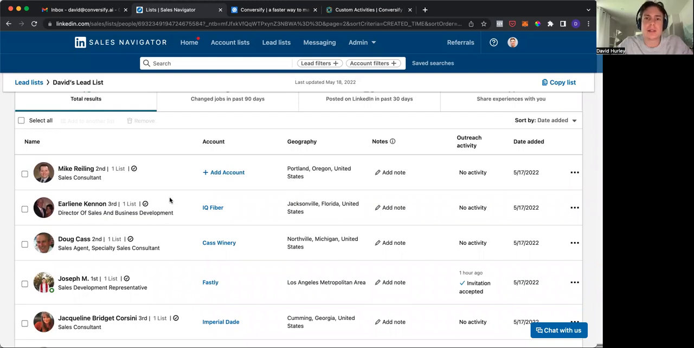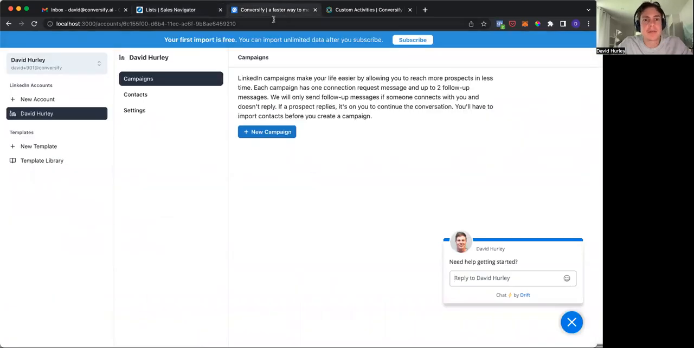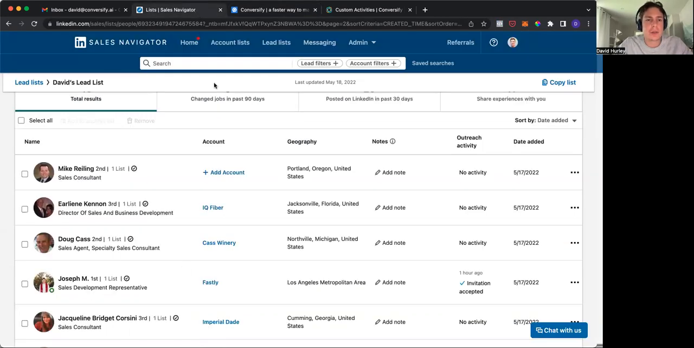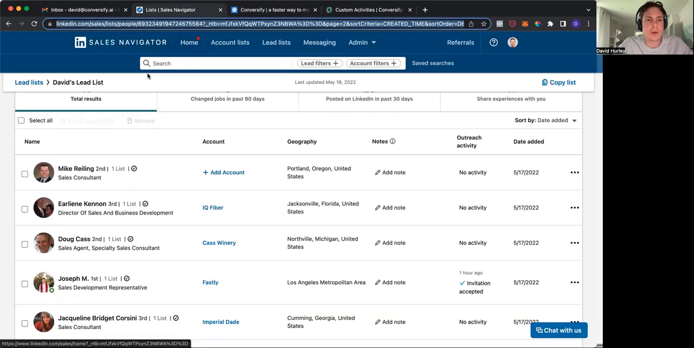In saying that, LinkedIn can be notoriously difficult to use. Getting this data out of LinkedIn is difficult, and sending messages is also hard. I built Conversity to solve those problems. So after you create your account in Conversity, you'll see a screen like this, and I'll show you how to create your first campaign. So grab your lead list URL from LinkedIn,